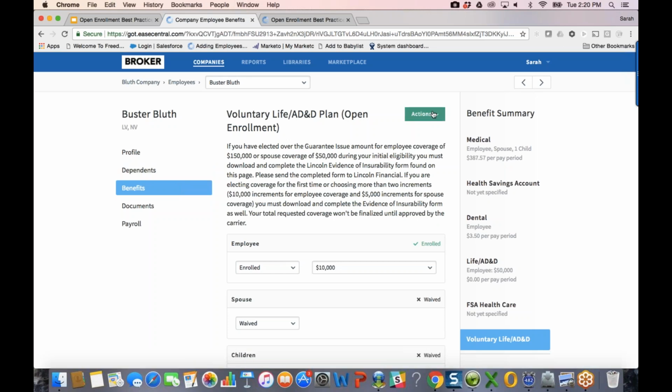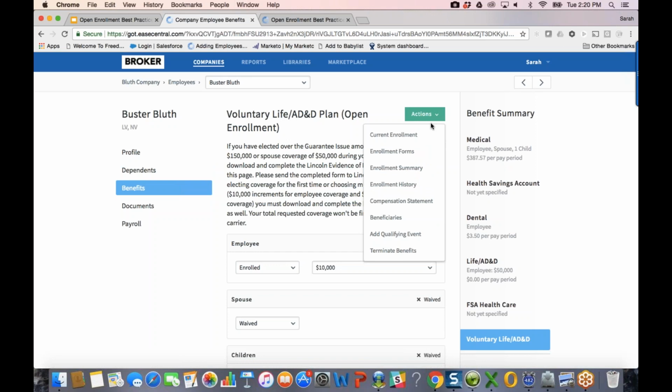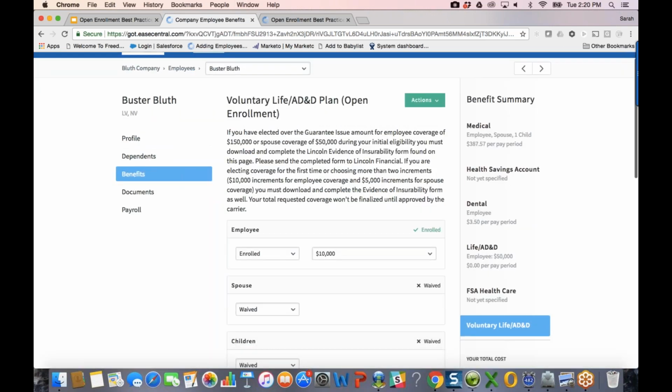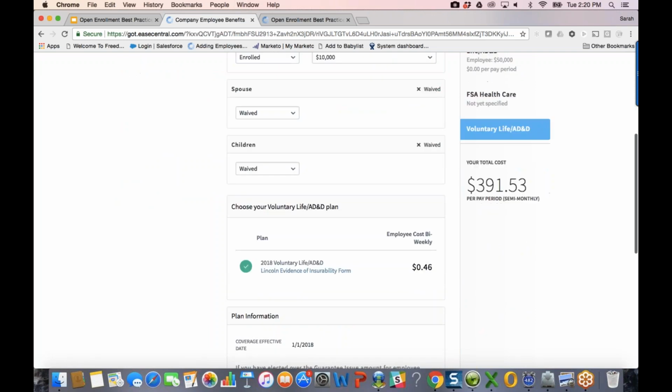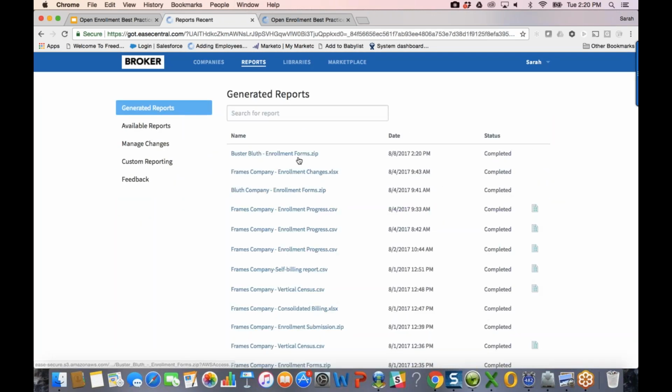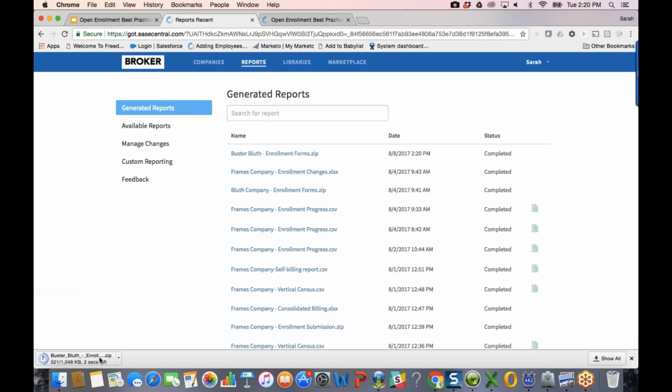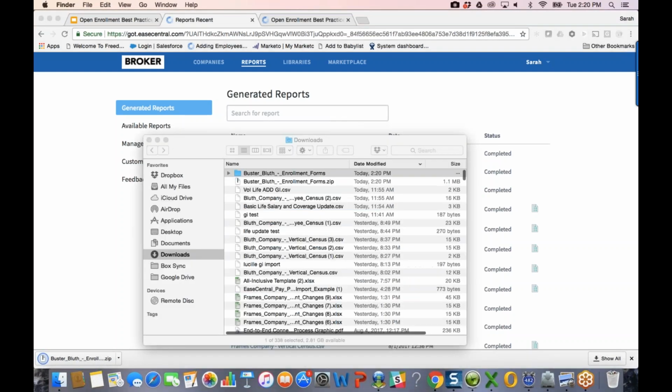So then finally, to finish testing, we'll want to check the enrollment forms. So I think I just enrolled in a couple of plans, and when you're looking at it from an employee's point of view, you're going to see those forms at the end and be able to sign them. So it definitely pays to take a quick look and make sure, did you name your plans correctly? So as an example,